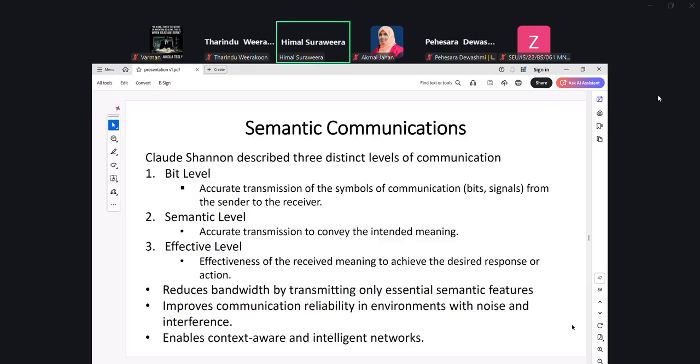So they need to divert their cars into different lanes or different roads and take alternative routes. If you can do that by sending just the barely sufficient amount of information, then that is called effective level communication. Semantic means just to send the meaning.